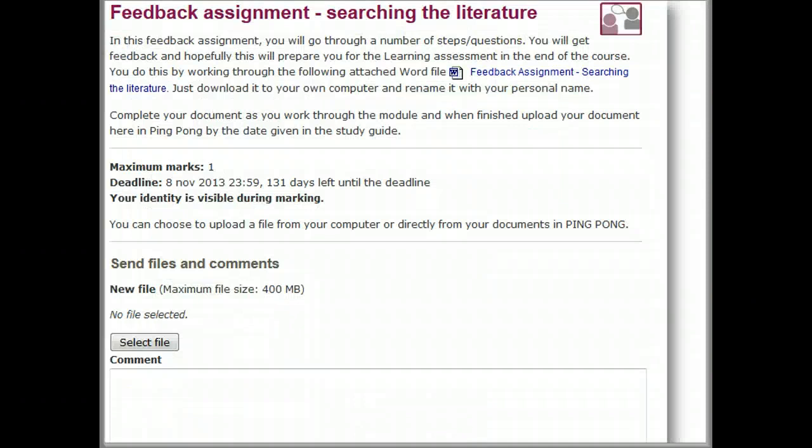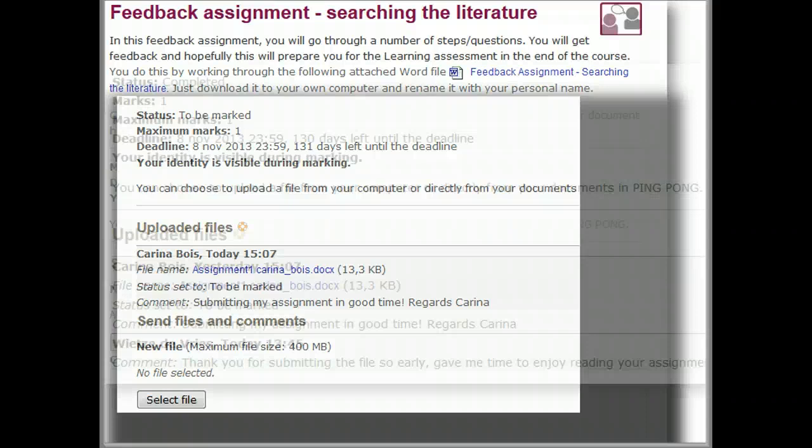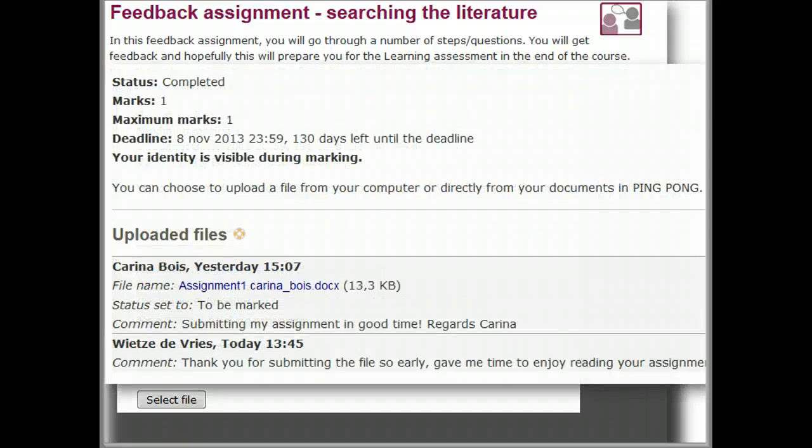This is an example of an individual assignment with a deadline for submission. Students use the Select File button to upload their assignment for a teacher to grade. Correspondence about the assignment as well as the final grading of the assignment will be accessible to the student via